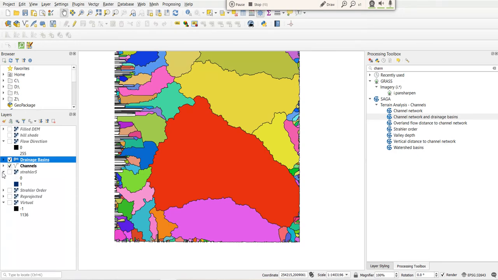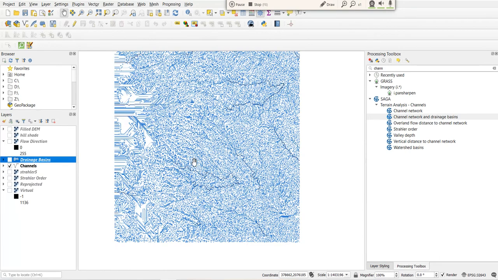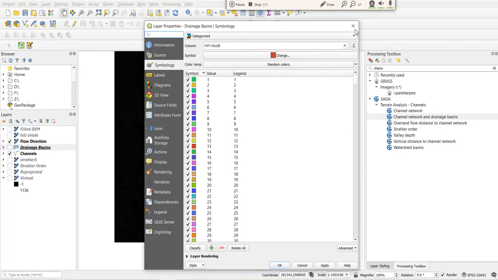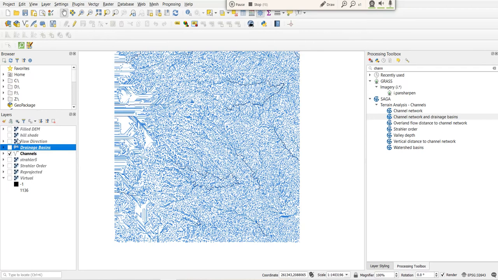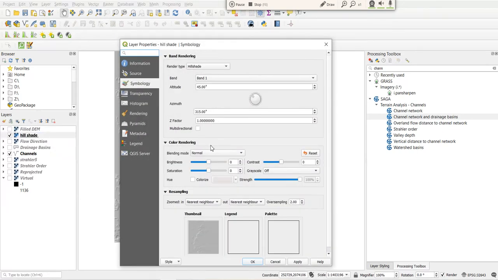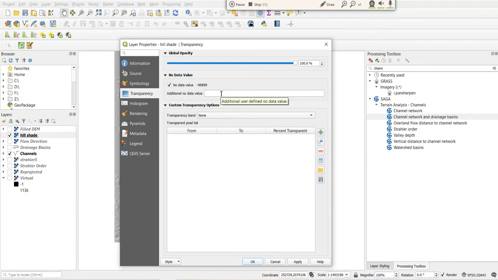The channels and drainage basins I put off, and that flow direction I put off, and that hillside, somehow I don't know why it is not seen over hillside, why it is covering. Some transparency issue is there, I think. Transparency, I put 0.